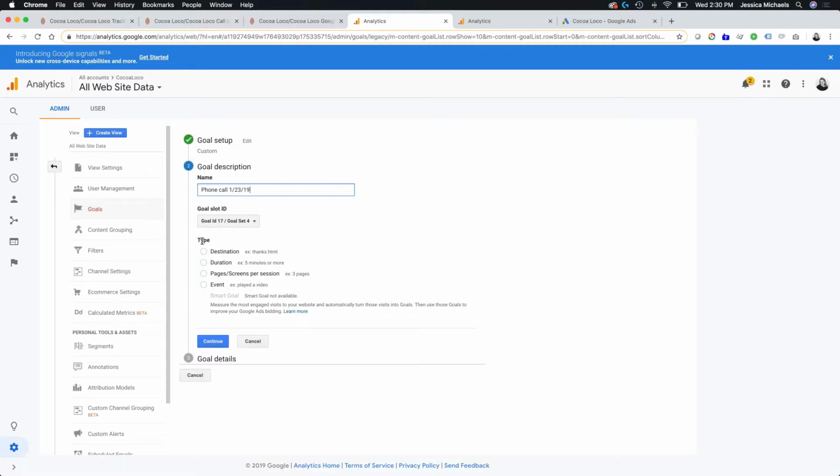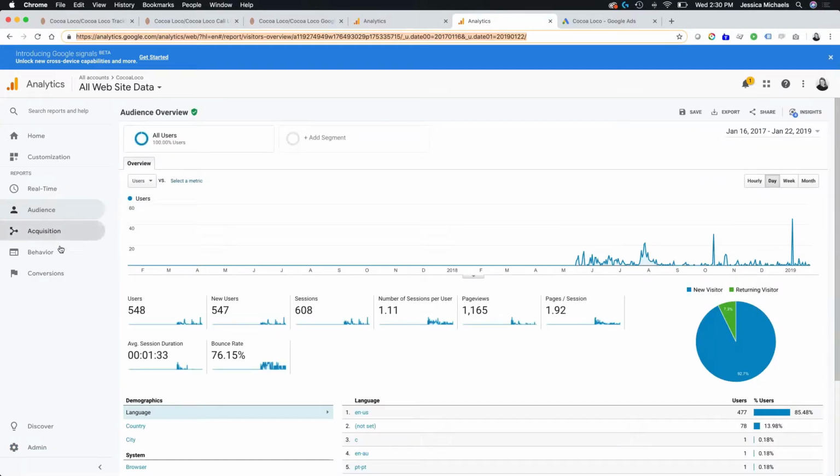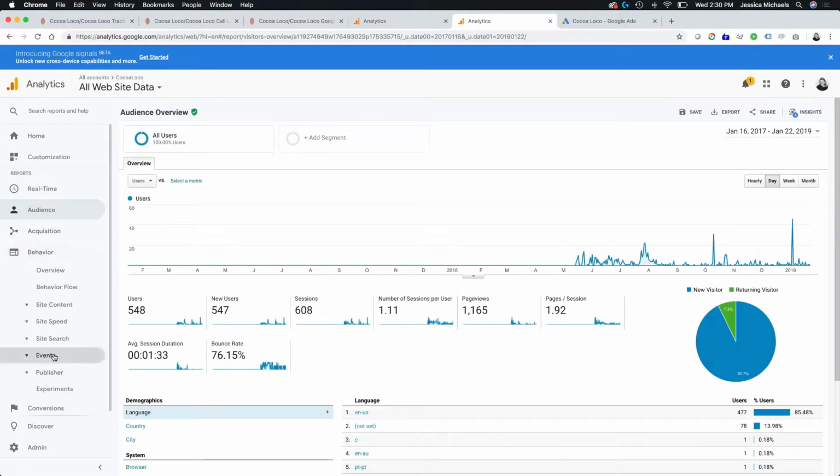And for the type, hopefully there's no confusion here. It should be an event. Here we go. So now for the next part, we have to decide how these would report. So the category. So I actually have this one up because I like to reference back and forth. So events,